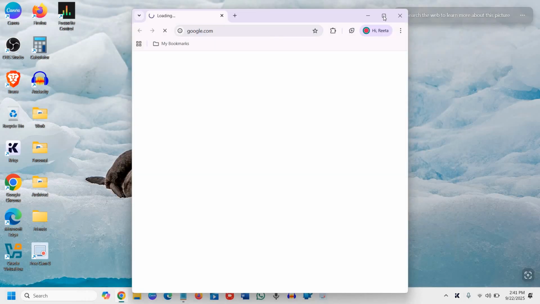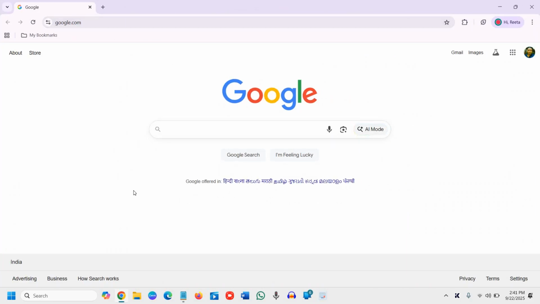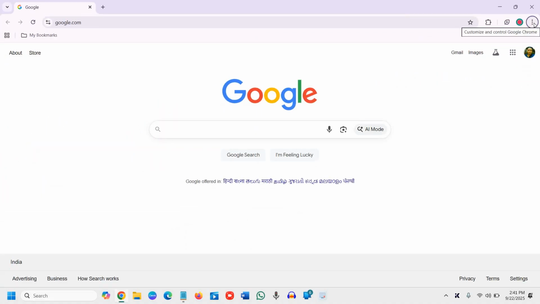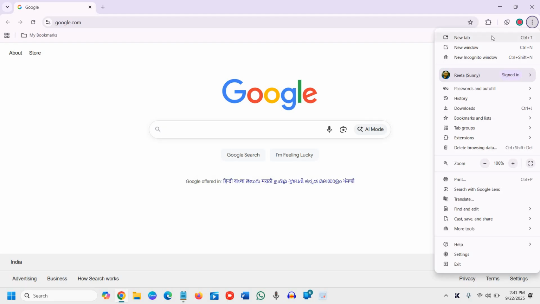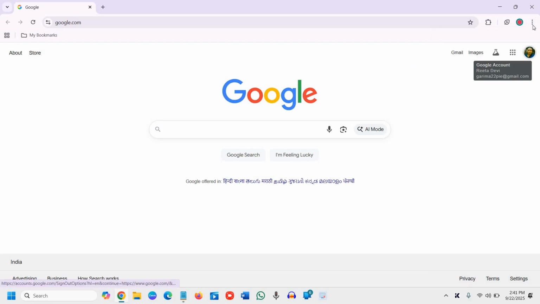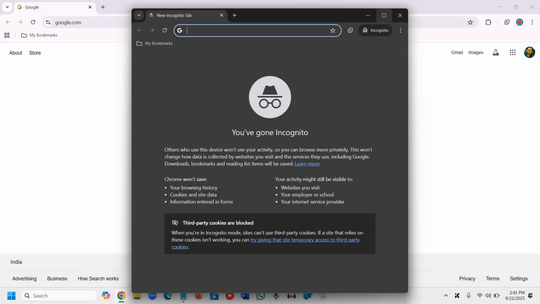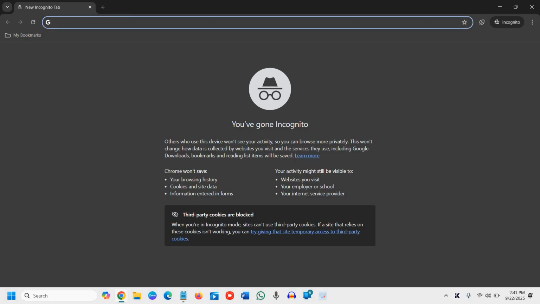So I'll quickly open Google Chrome, and once Google Chrome is opened, at the top right corner where you have the three dots, just right there, click on that and you will find the third option, New Incognito window. You can also press Control Shift and N. Control Shift and N, and it will open the new Incognito window, and Chrome won't save your browsing history, cookies,